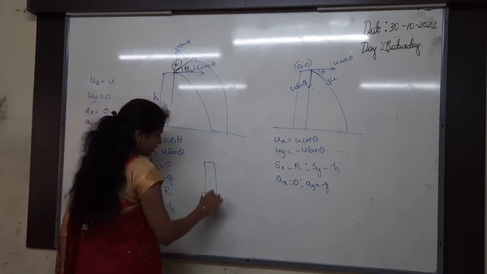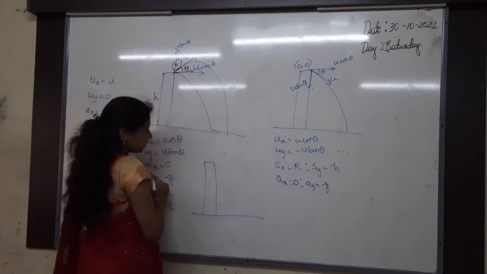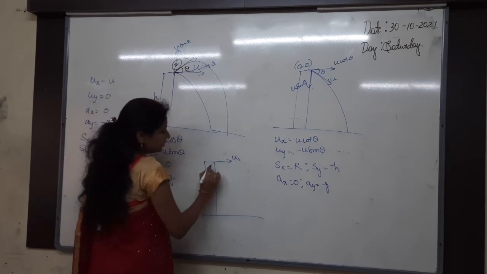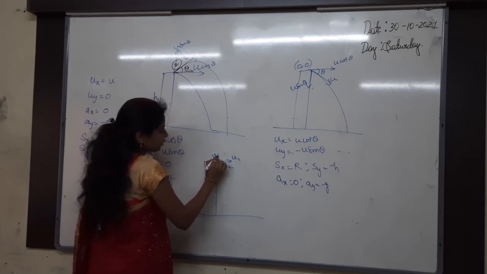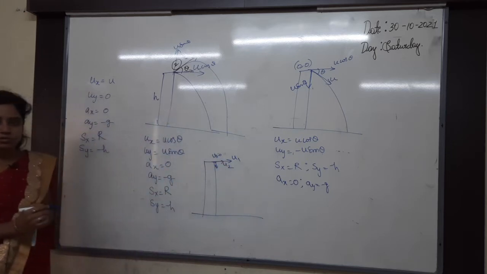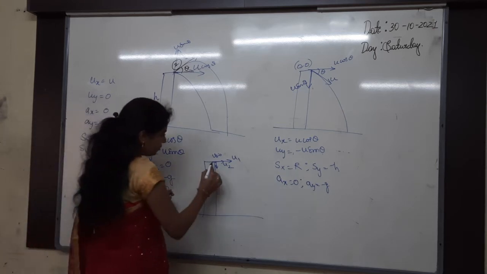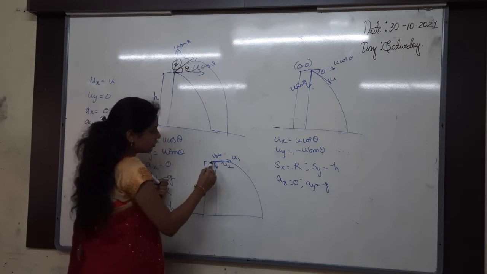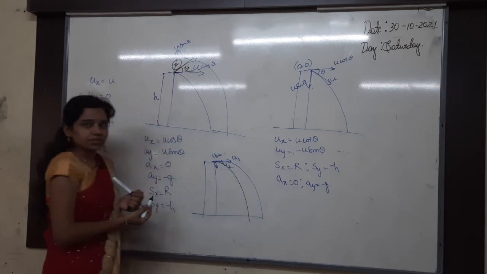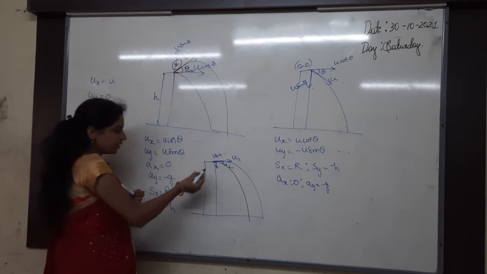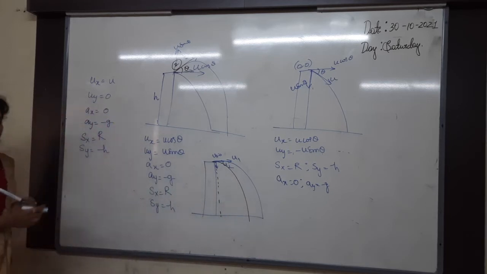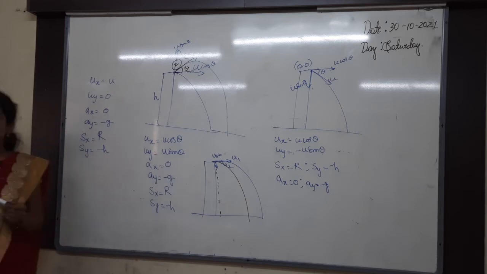Among these three cases, I will ask a general question. For example, I have thrown an object u1 and then another object u2 and then dropped another object u3 is equals to 0. Then what happens? How u1 will go and then fall like this. How u2 will go? u2 also will go in the same direction but with less velocity I have projected. And then u3 will fall like this. Then tell me which will reach the ground first. Think properly.